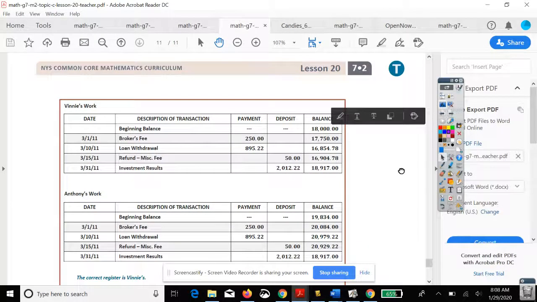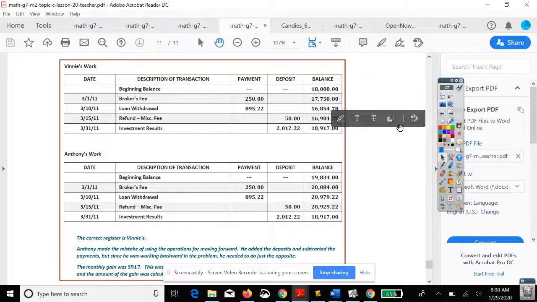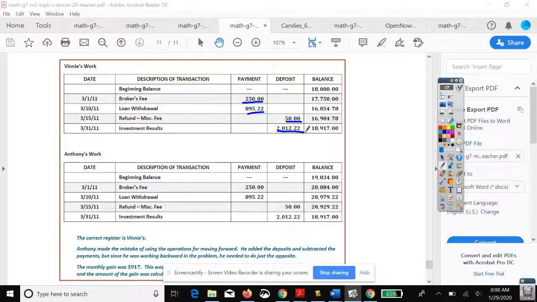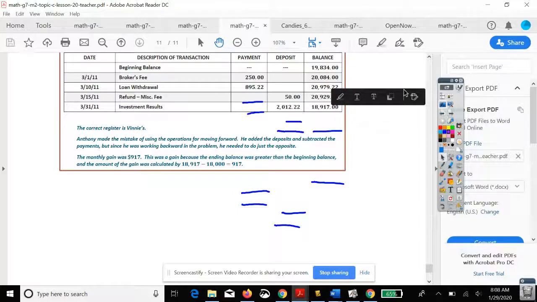And then Vinny says we have $18,000 minus 250 minus 895 plus 50 plus 2,012 and 22 cents for $18,917. While Anthony says we start with $19,834. We subtract $250, subtract $895, add $50, add $2,012. Who is correct? I would use my calculator to check them, and I see